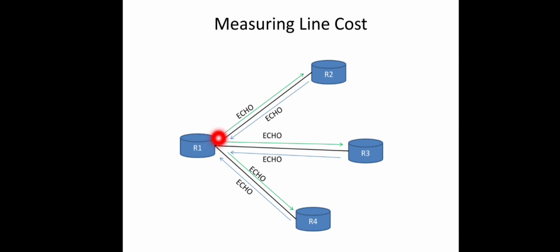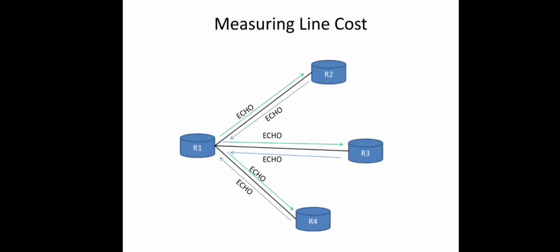Suppose there is a heavy load from R1 to R2, and a lot of packets are queued here. So this echo packet also will be queued for a long time, and only then can it be transmitted. Definitely that much delay will be there from R2 to R1, for the reply also, right? So if the load is to be considered, then the timer for the echo packet should be started when the echo packet is queued into that line.